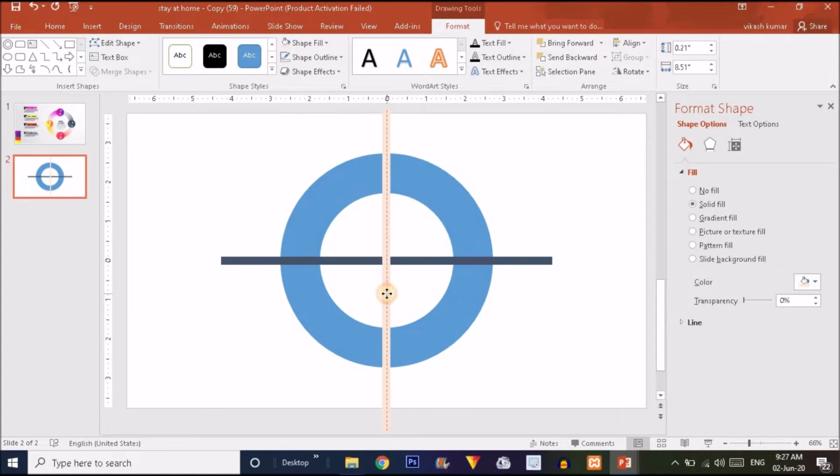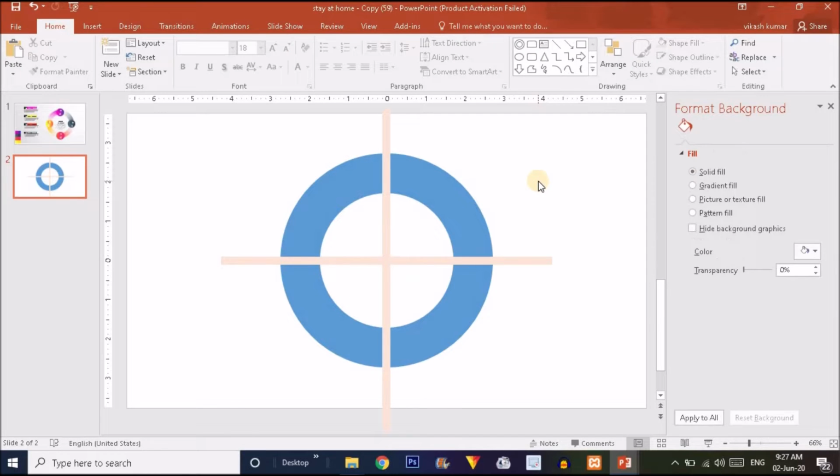Now you can see the red dotted line, which shows that your rectangle is properly placed in the middle. So let me cross check this one. I'm again going to change the color of this rectangle to a lighter shade and place it over here to make sure that both rectangles, or lines, are properly placed in the center.